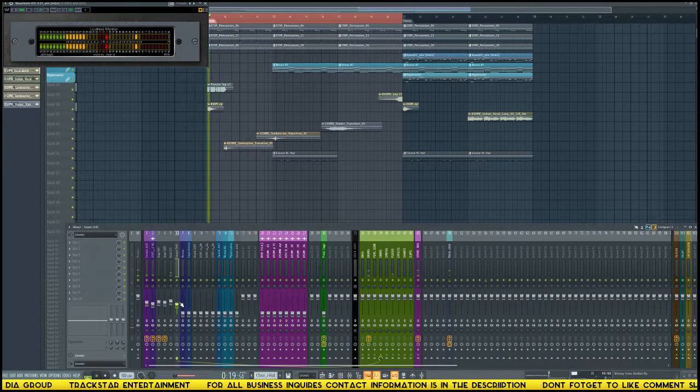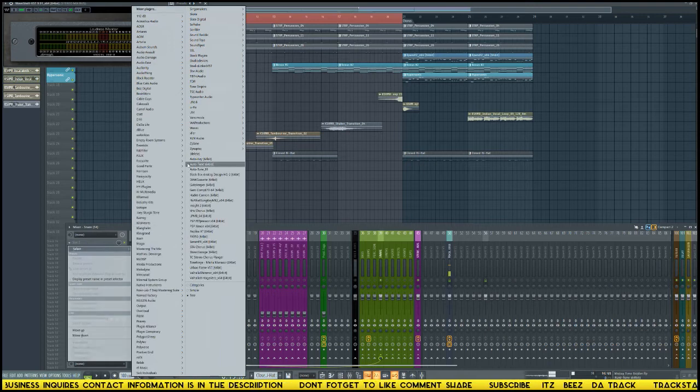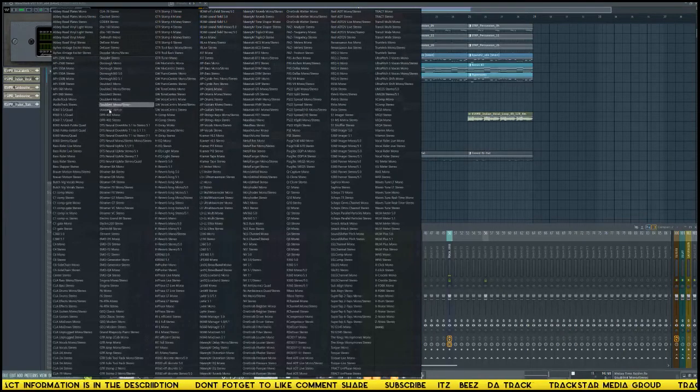So, snare. Alright, so the snare has a pop to it, a nice click. I don't really want to lose any of that. But I have a preset I'm using wherein it does kind of enhance that, so I have to find a way to bring that back a little bit. So what I'm gonna do is